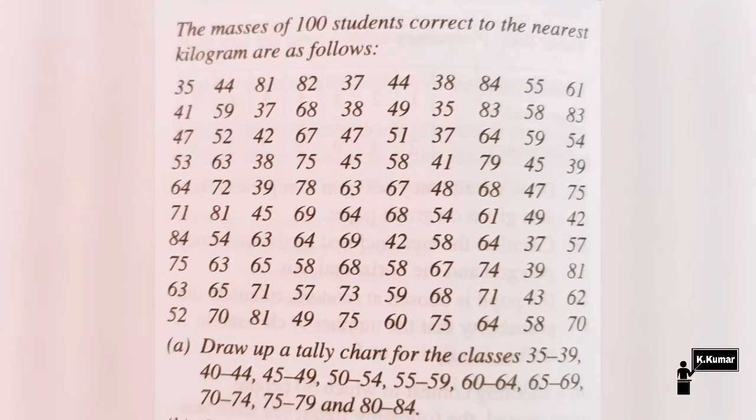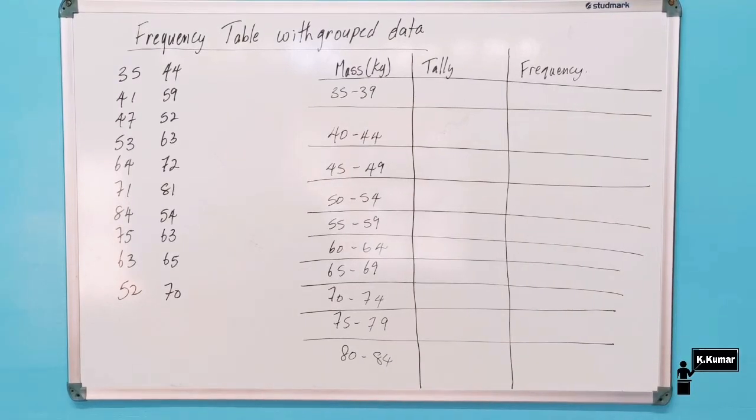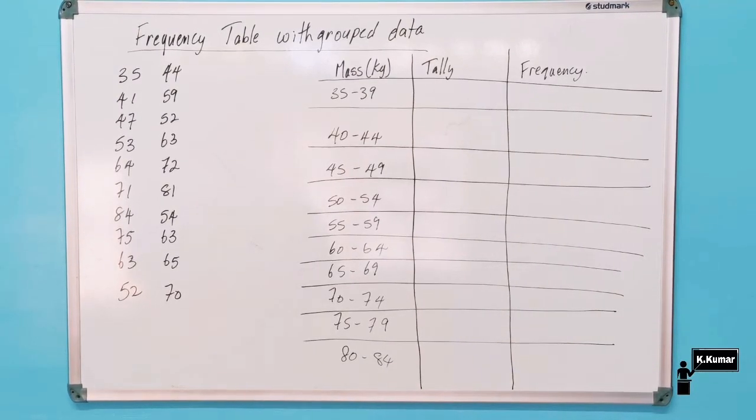We would be working this question, so pause the video and copy the question. So we're now looking at frequency tables with grouped data, and you have the question there that you would have just copied. The mass of 100 students corrected to the nearest kilogram are as follows, and then you have 100 numbers there. And then part A says draw up a tally chart for the classes,